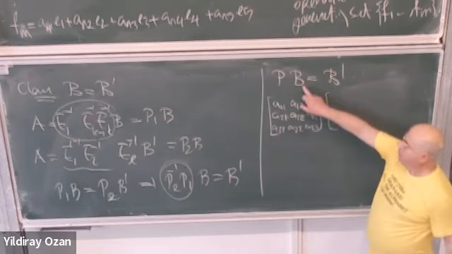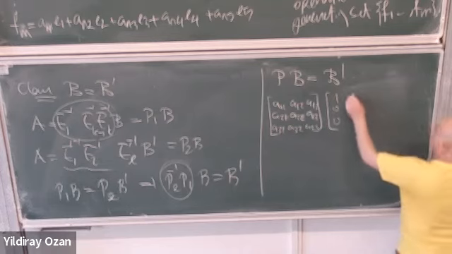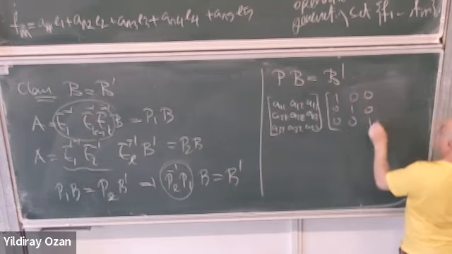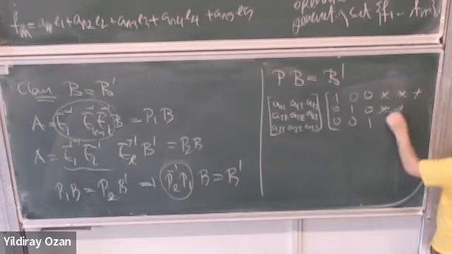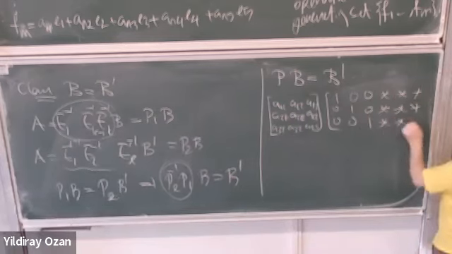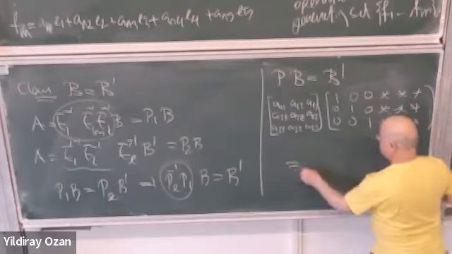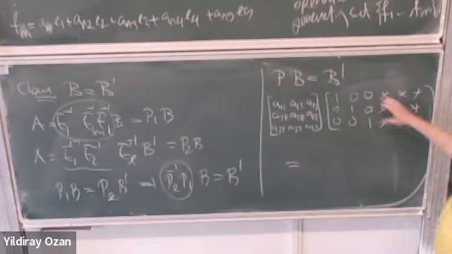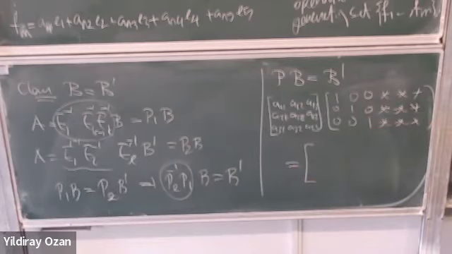And for simplicity, let me take something like this. And then you have some elements here. And here you have another row reduced echelon matrix. But since it has the same